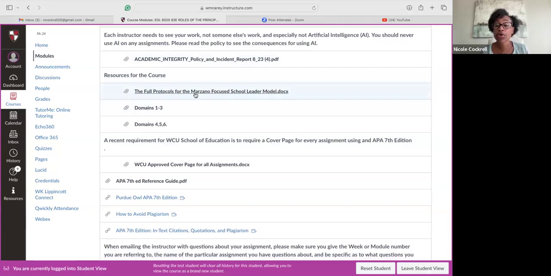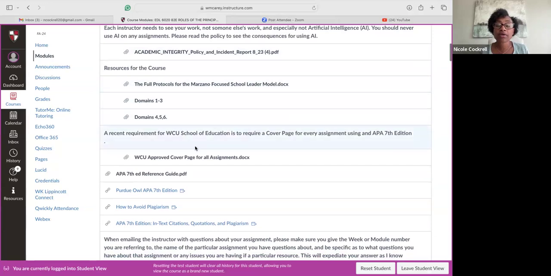Marzano's full protocols is listed there. You have some things for domains 1 through 3, 4, 5, and 6. So look through all of these different things that are provided here in your resources tab. Again, I'm going to say it again. Download the cover page for your use. There is a reference guide for APA 7th edition, and I will refer to that quite a bit when I am